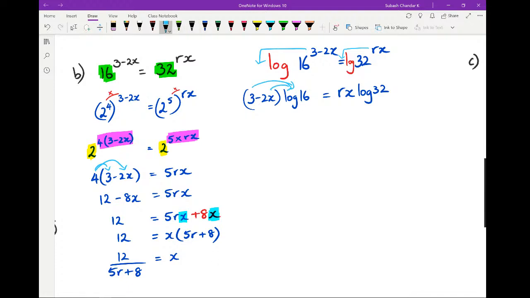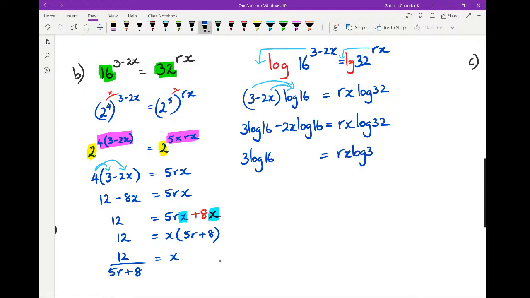So I think, Harrison, you were actually asking me about this. What happens if there's a number? So we're going to go 3 times log 16. That's going to be 3 log 16 minus 2x times log 16 equals rx log 32. So the next step is shifting all the x's to one side. I'm going to get rx log 32. This is going to become plus 2x log 16,